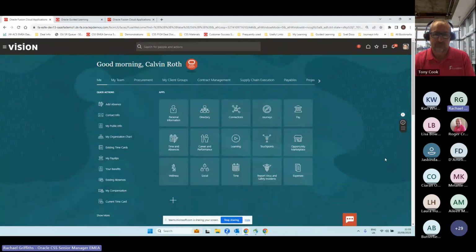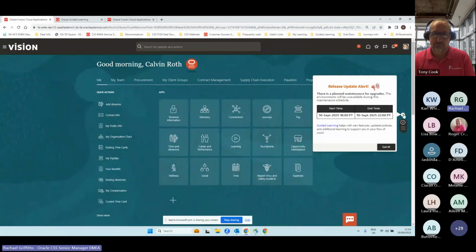Before I jump straight into that widget, I'd like to talk about the small flashing icon that's immediately above it. It's another one of those smart tips that Tony mentioned, and it's an extremely popular one. If I hover over that tip, it's giving me information about when my quarterly updates are happening, and that could have a significant impact with your users. Processes may change, content may change, screens may change. So having an awareness of when that's happening and the potential impact means that you can educate your users, direct them to guided learning,